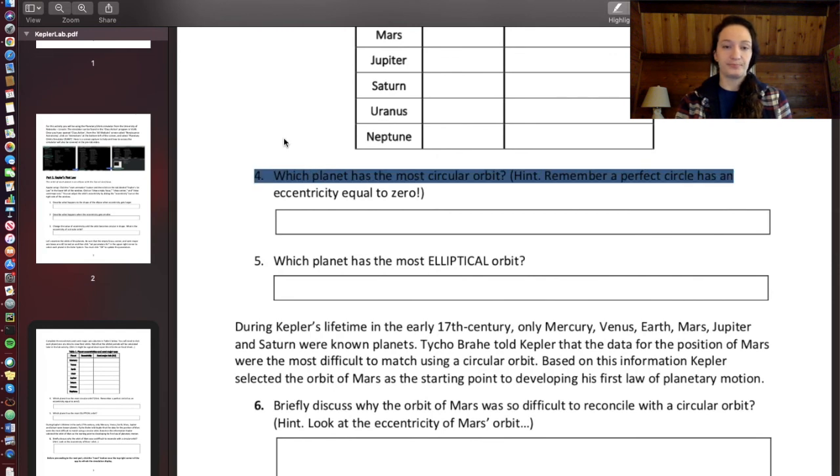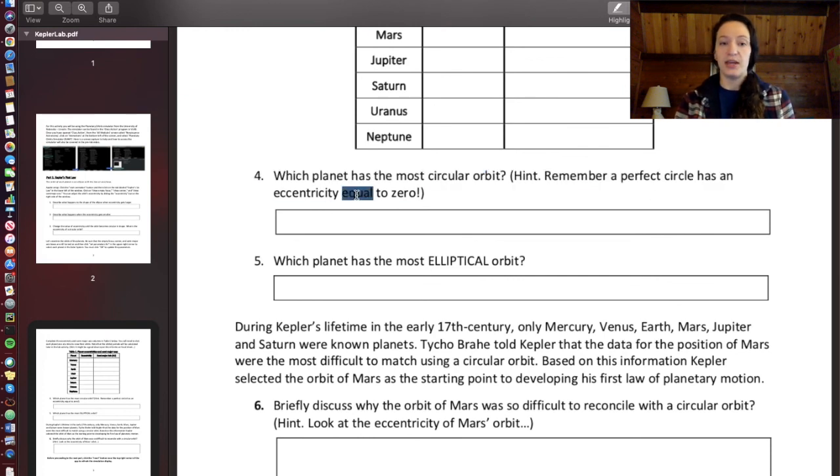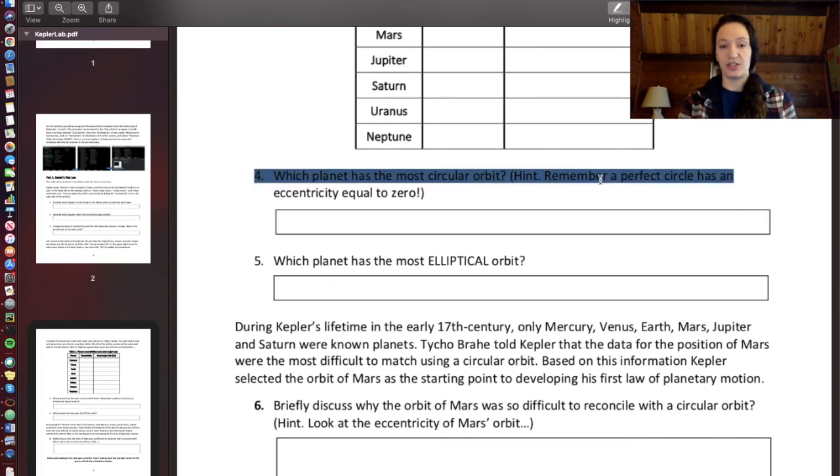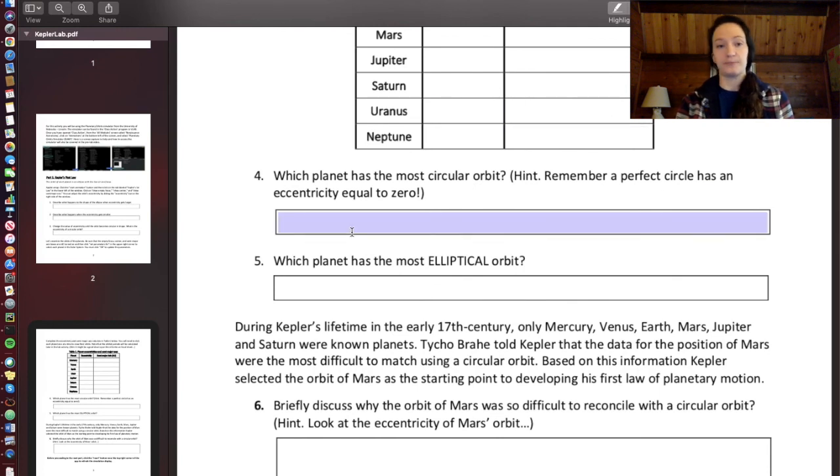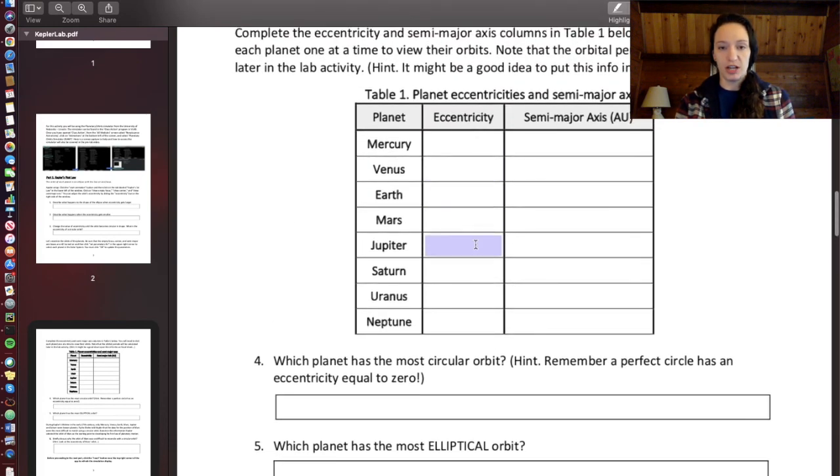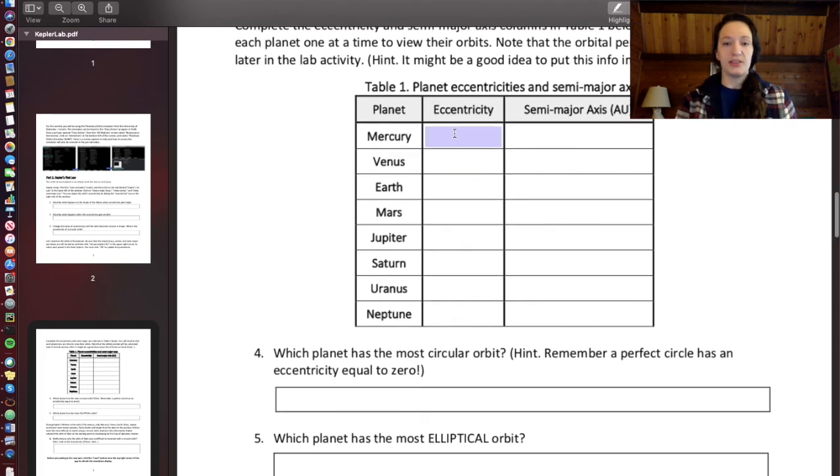So number 4, which planet has the most circular orbit? Hint, remember that a perfect circle has an eccentricity equal to 0. Now this gave away the answer to one of those previous questions again, if you were confused on that. So make sure you got the question that asks, what's the eccentricity of a perfect circle, right. So which planet has the most circular orbit? You want to come up here to your table, look at all the values you've written down for your eccentricity, and find the lowest one. Now remember that some of these may be like